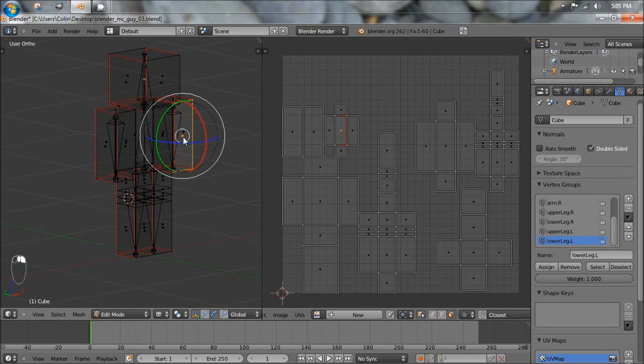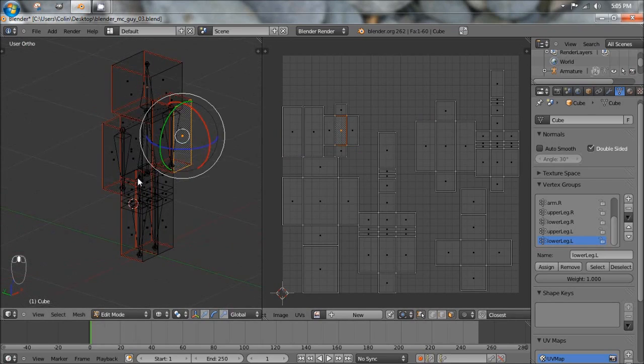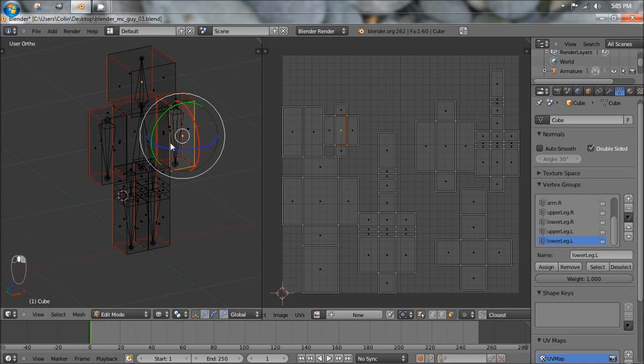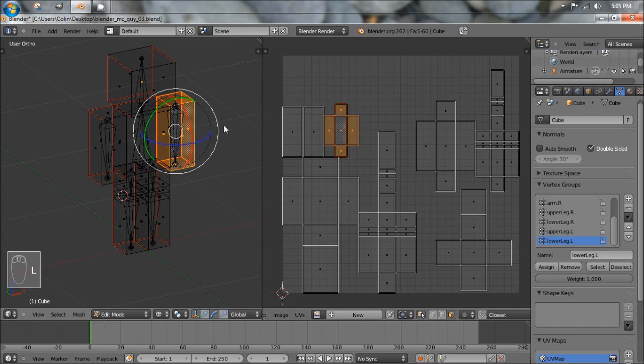Let's go ahead and select the front of that one and the front of that one. Yeah, it made the two arms different sizes, which is pretty strange. Never actually seen that before. Let's go ahead and press L with our mouse over one of the arms. So we have the entire one selected, and we're going to move it over top of the other arm. In fact, we might